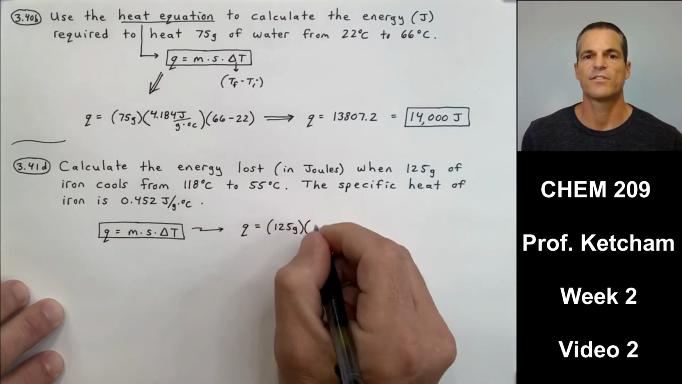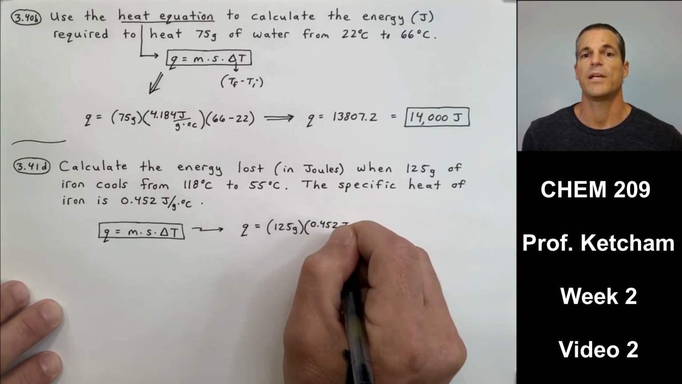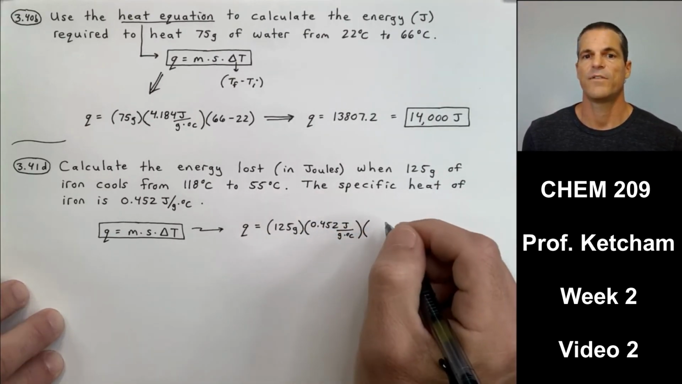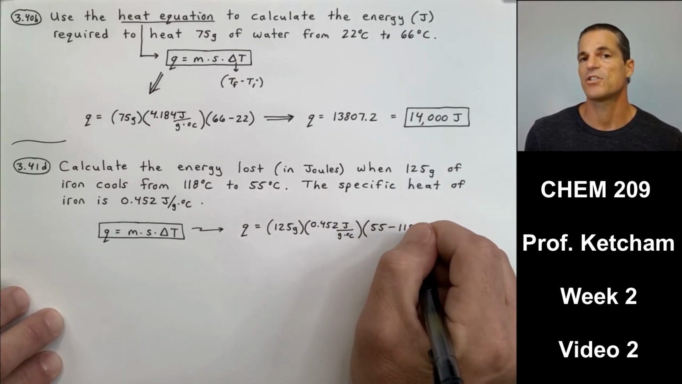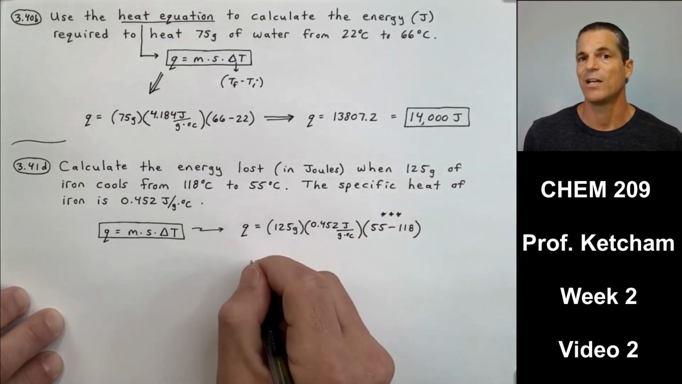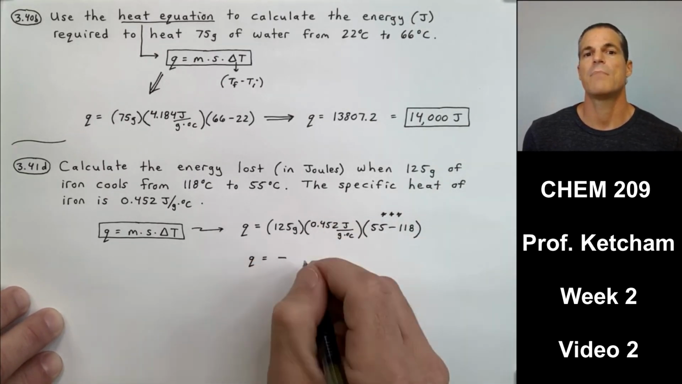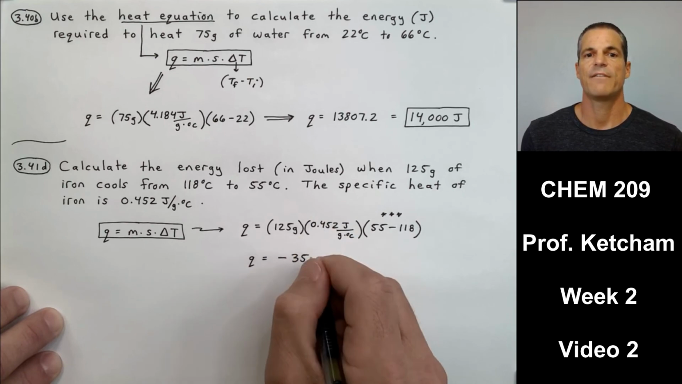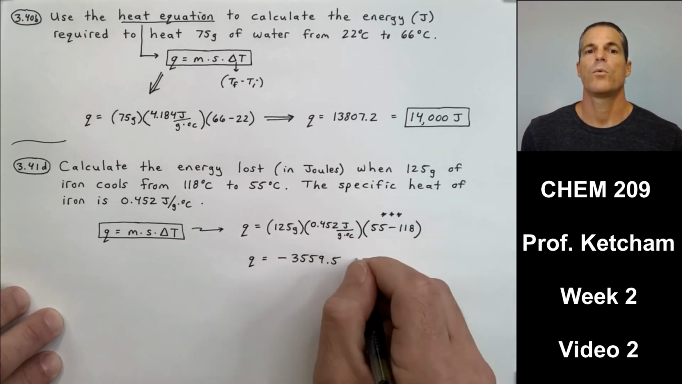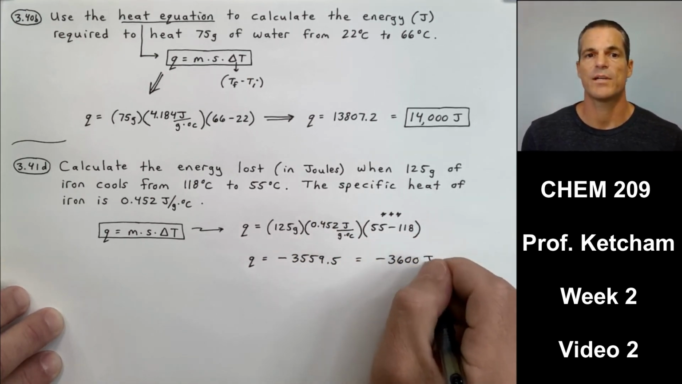So where's the negative sign going to come into play? Well, that comes into play when we do our T final, 55, minus the T initial of 118. That's going to be a negative number, right? So Q equals minus 3559.5. We have to get it into 2 sig figs because of the 55